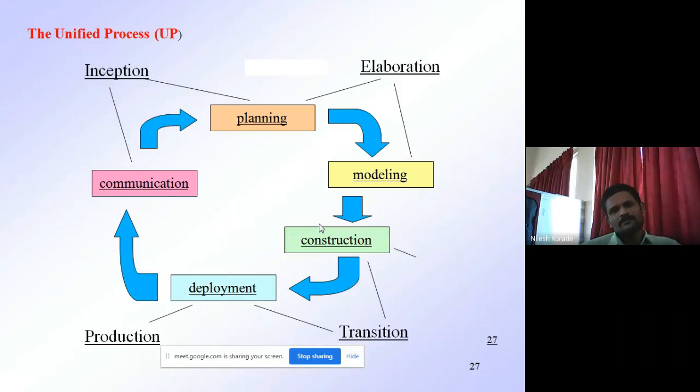So we have seen what is a use case. A use case is a description of how your user is interacting with your system or the software that you are developing. We have seen one example of a library management system. In that, the librarian is a user. The user will log in, so this is one activity. Your user will issue a book, so this is another activity. He will submit a book. Your librarian will calculate the fine, or he will submit that book to your library. So these are the activities that your user is performing with your system, and the description of that activity is called a use case.